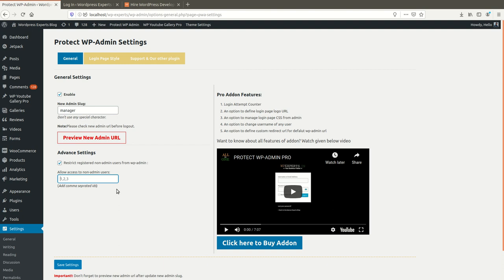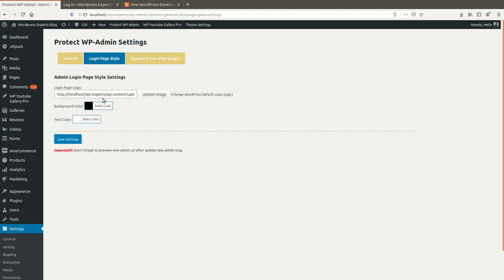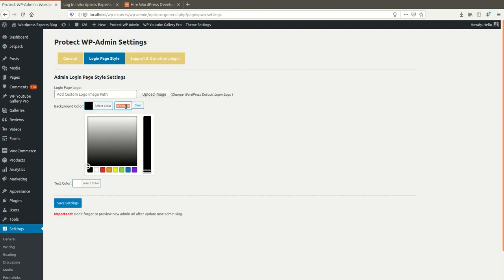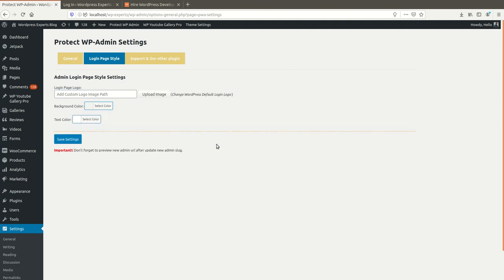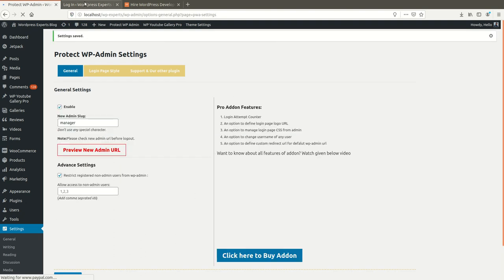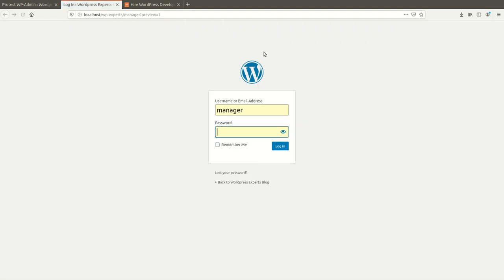So all these users will be able to access the admin URL even if you restrict the registered non-admin users. These are our login page settings. By default, when you enable the plugin, the settings will look like this. This is the default setting, so your plugin will look like this.